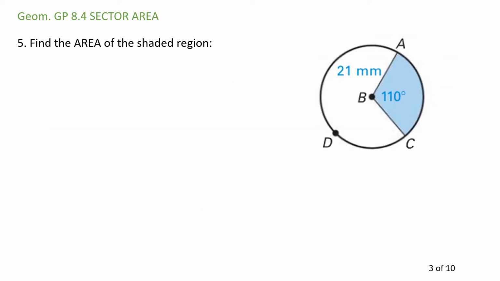Find the area of the shaded region. Well, the formula for sector area is central angle times area of the circle, all of that over 360. And again, you recognize that this is the area of the circle. So sector area